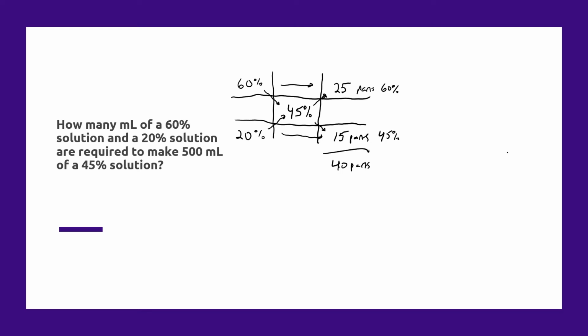So 25 parts of that 40 will be 60%, and 15 out of 40 of those parts will be 45%. So if we need to make 500 milliliters of a 45% solution, we can figure out how much of that 60% to make by taking 500 milliliters and multiplying it by that fraction of parts. So 25 parts out of every 40 parts is going to be 60%, remember. So 500 multiplied by 25 divided by 40 equals